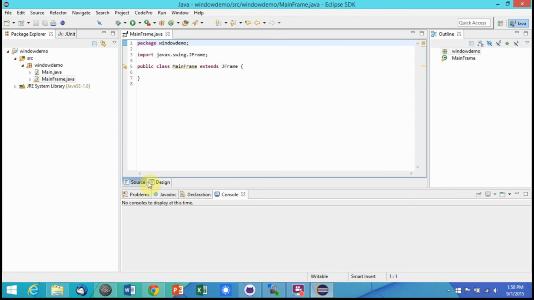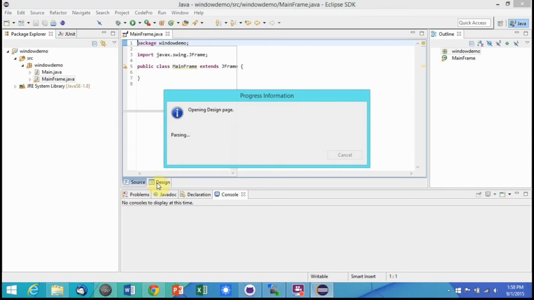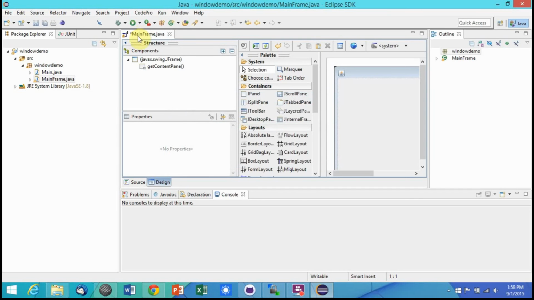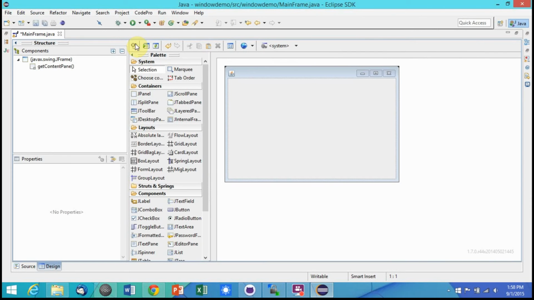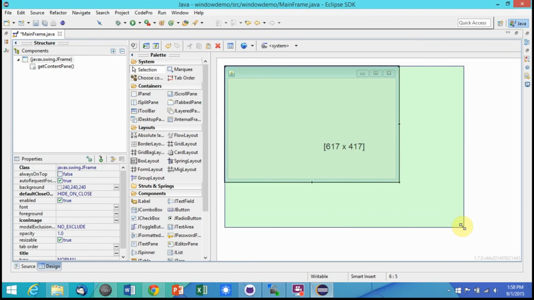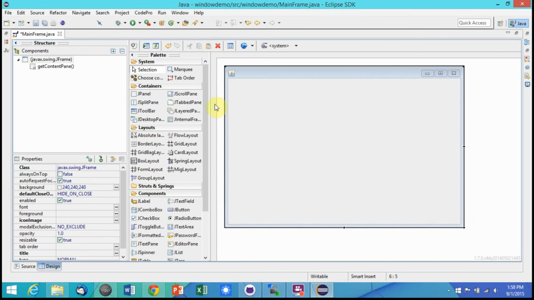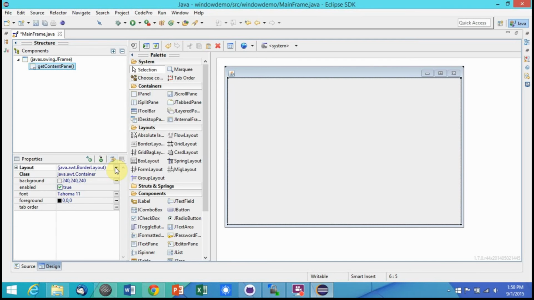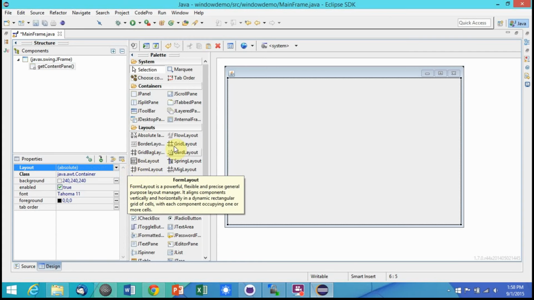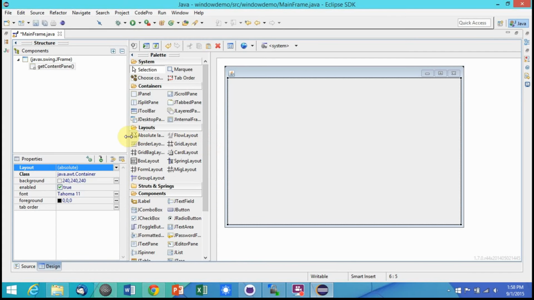This will now give us a design tab that allows us to do what you see is what you get designing on the window. I'm going to begin by double-clicking the file name to give us a little bit more real estate to work with. I'm going to expand the window here, and I'm going to change the content pane's layout from border layout to absolute layout. This will allow us to put the components wherever we want to and not have to mess